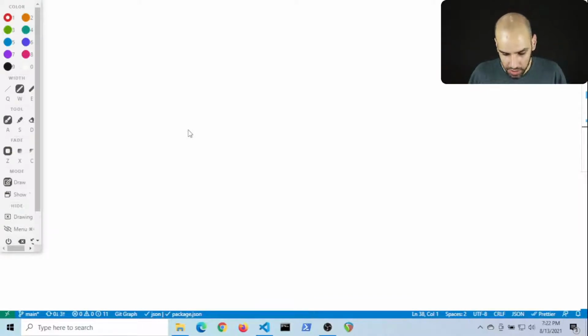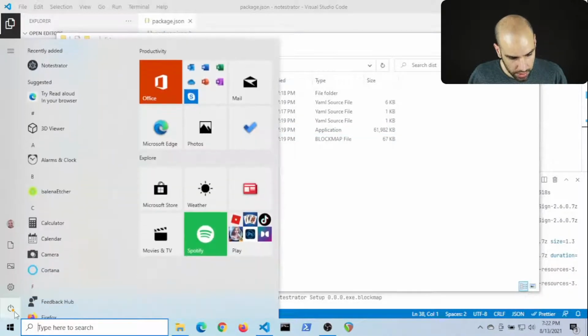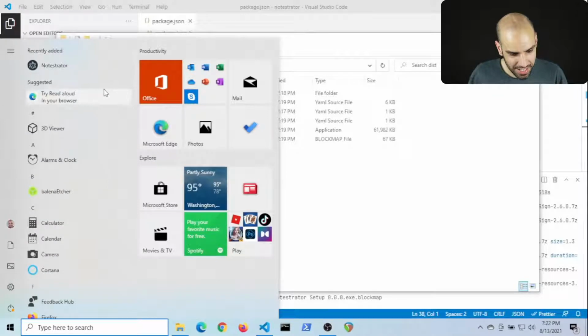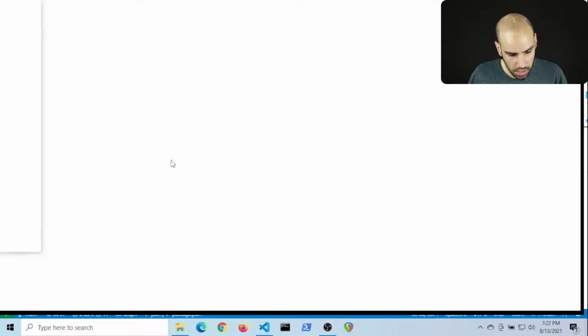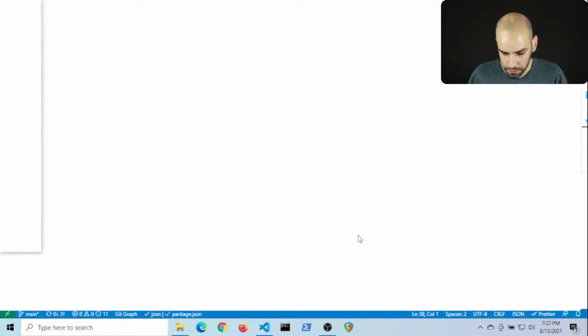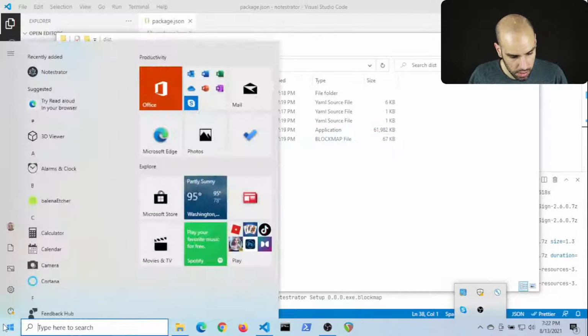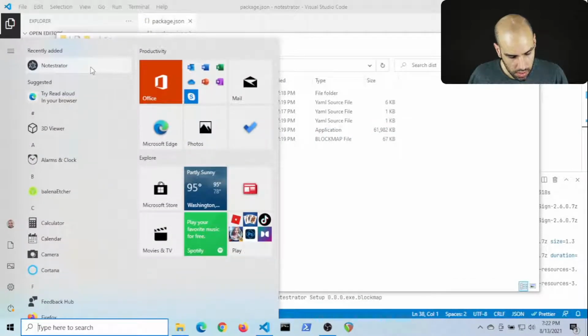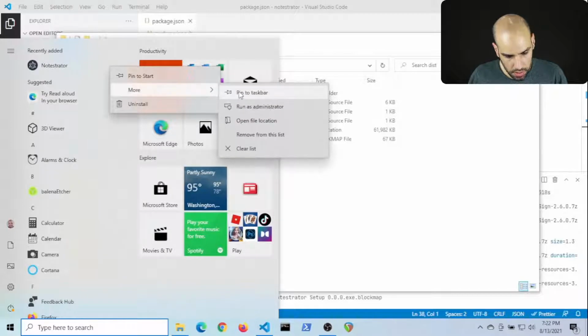Where did it install the thing? I have no idea. Maybe under program files? Is it here? Yes, it is. Isn't that cool? Where is this file? I think it's gonna be under program files. How do I check this? Open file location.